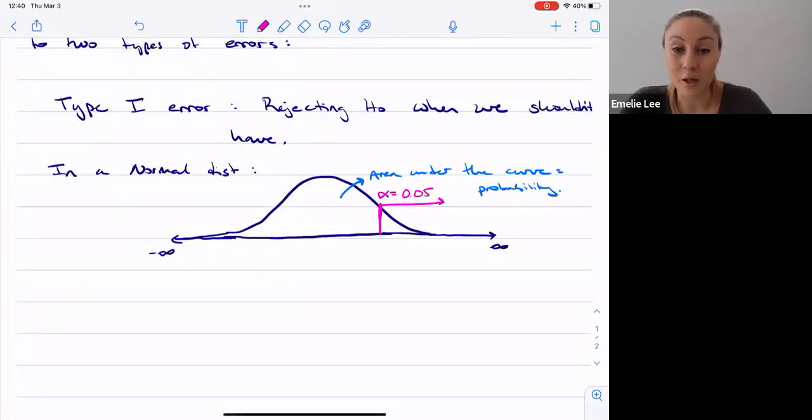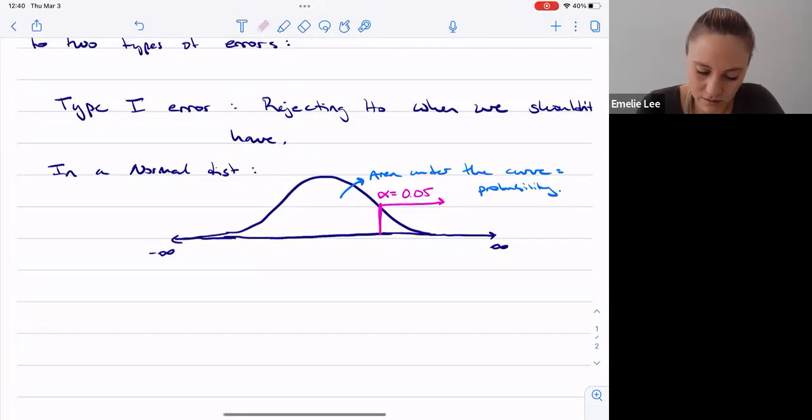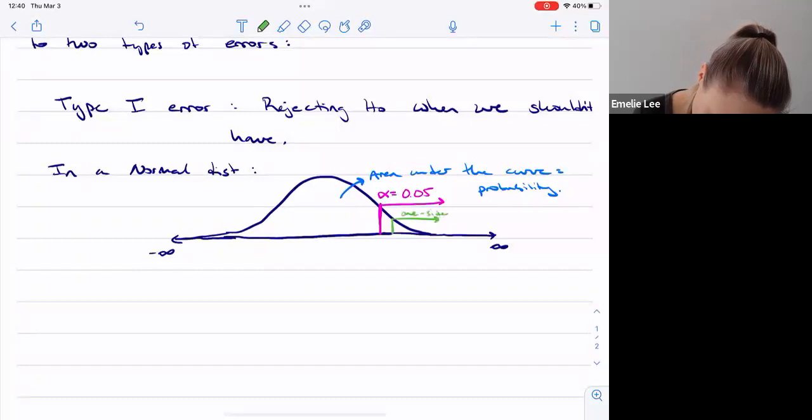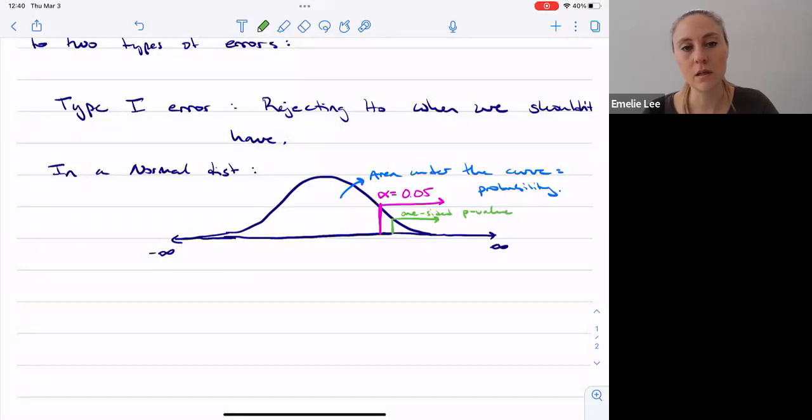If we find that our p-value is less than that, right? So our p-value is going to be the area in the tail. Maybe I should use a different color here. So here, this is our one-sided p-value. If the p-value, or in this case, the one-sided p-value is, so this is what it would look like